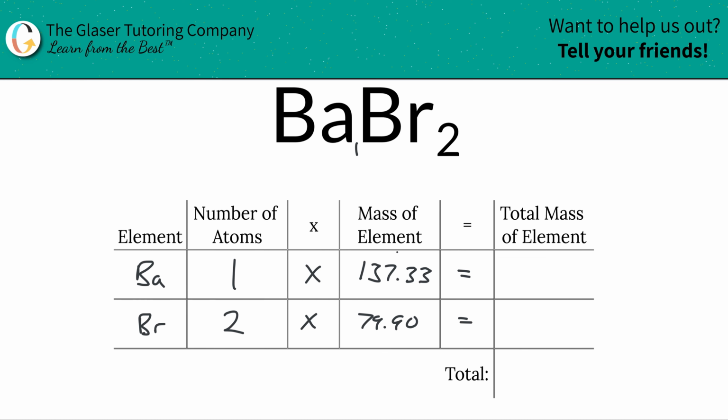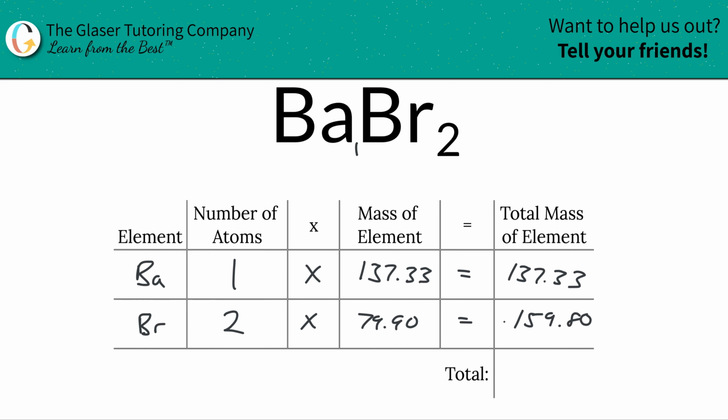So one atom of barium multiplied by the mass of barium gives us the total mass of barium in the compound, or in other words, 137.33 units of mass. Then, since I have 2 bromines, I'm going to take it and multiply by the mass of each bromine to find the total amount of bromine, which then works out to be about